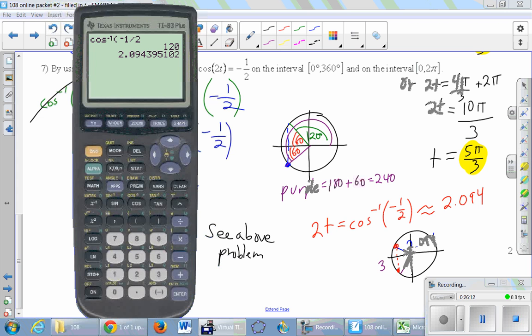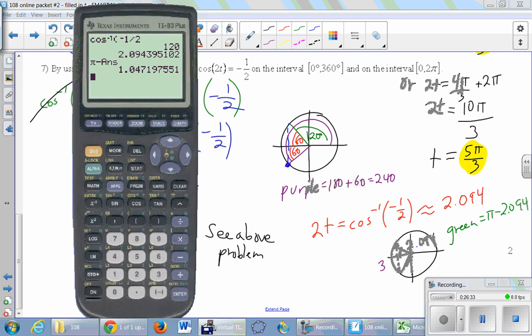So this little angle in here must be pi minus the 2.094 that we just got. So that's a little green angle, so we can type that. So that's about 1.047,